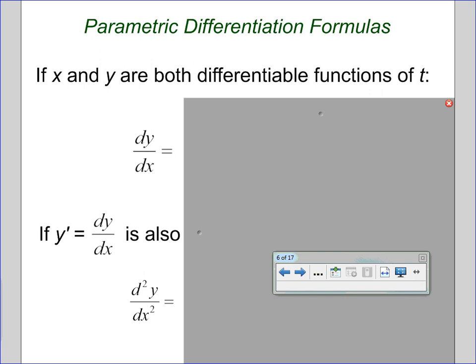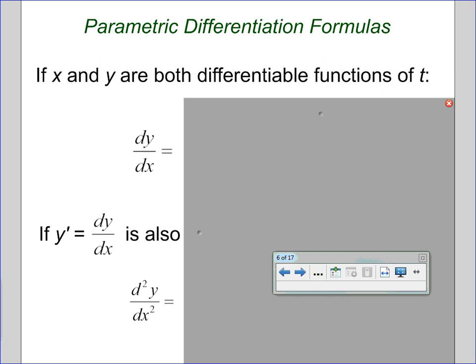Today, we're now going to apply our differentiation to parametrically defined curves. And so if x and y are both differentiable functions of t, then guess what? We can still find the slope of the curve in the Cartesian plane, the xy coordinate plane, dy dx, the rate of change in y with respect to x. It's just that we'll differentiate each portion, our x equals and our y equals parametrically defined equation, separately